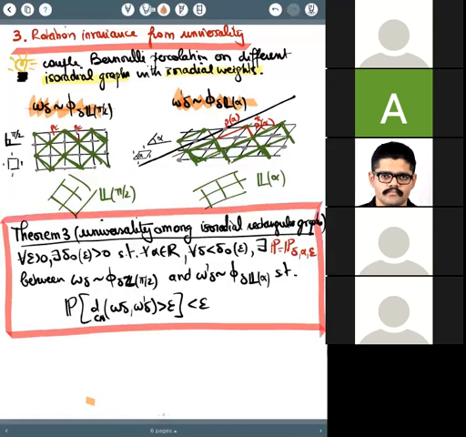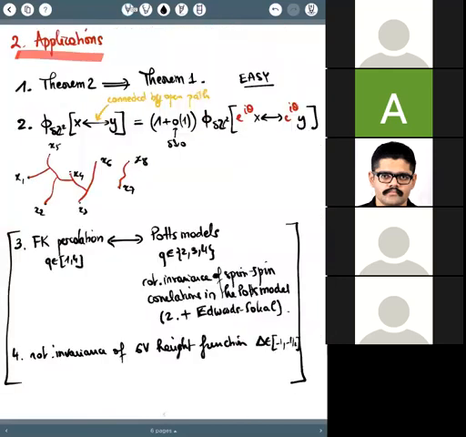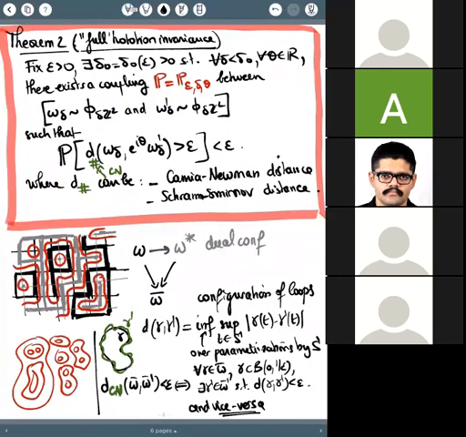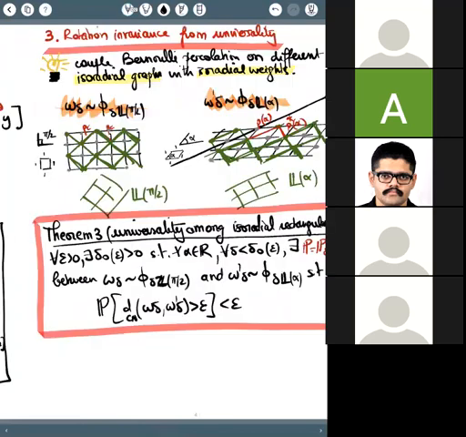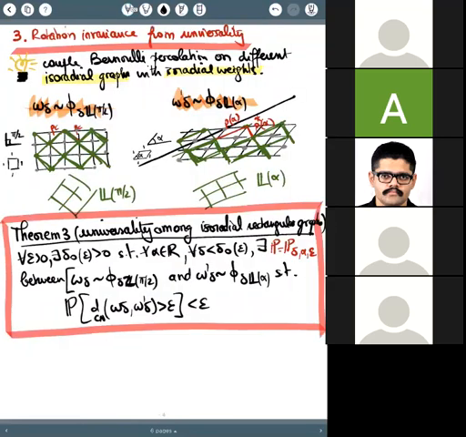So you see, it's exactly the same statement as before. The only difference compared to this theorem is that we are not coupling the same thing. Here we are coupling omega delta, which is on delta times not the square lattice, but really a rotation by pi over 4 of the square lattice, and omega prime delta, which is on delta L alpha. So we don't couple the same thing, but otherwise it's the same statement.